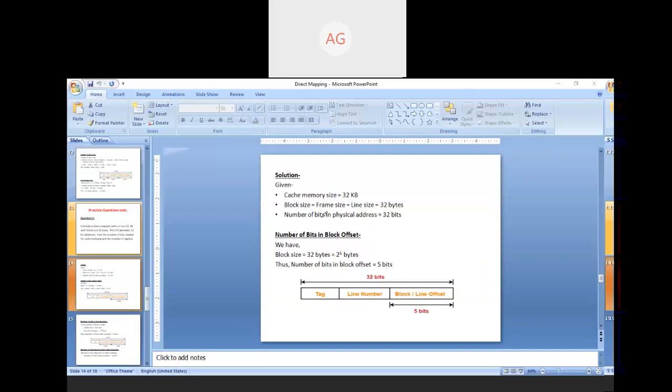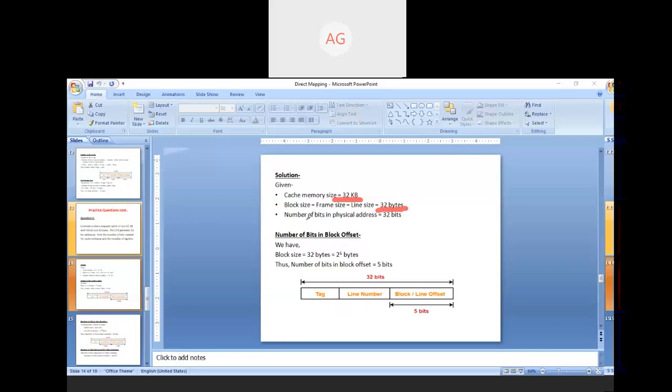So here you are given three things. The cache memory size is given to you, which is 32 KB. You need to proceed in this format because this is very easy to understand. So the cache memory size is 32 KB. Then the block size, which is equal to the frame size and the line size, is given to us, which is 32 bytes,